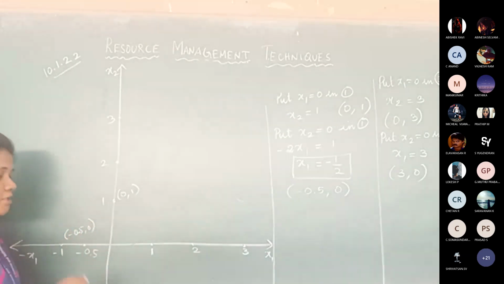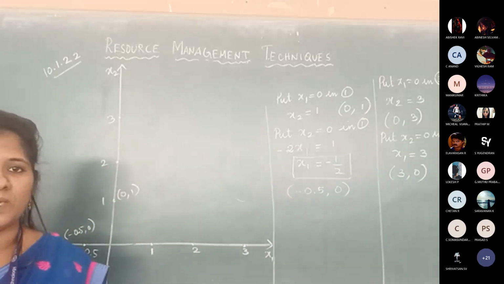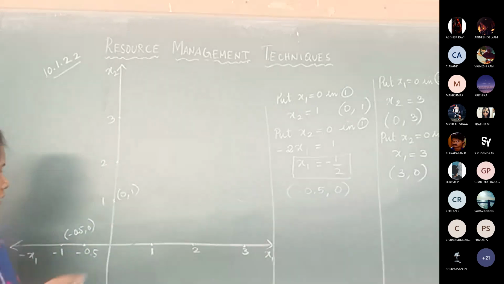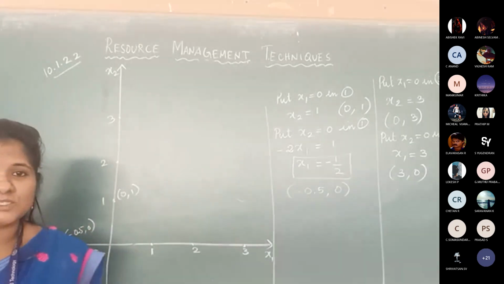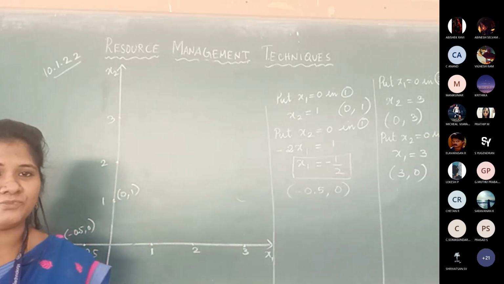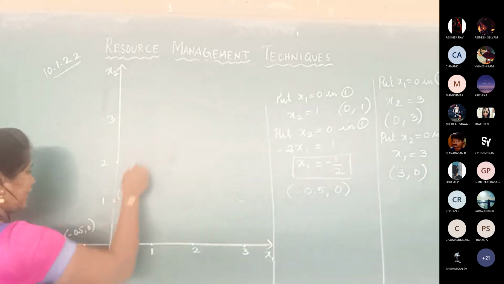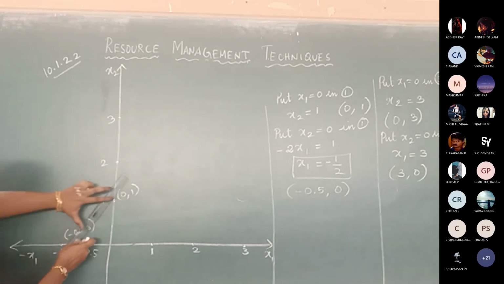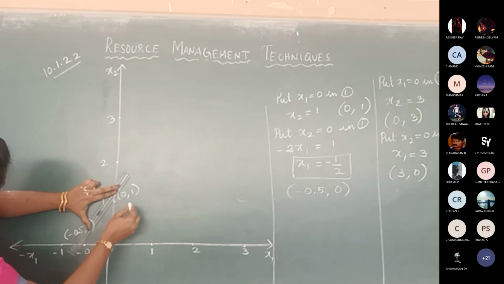With your scale and pencil, draw it so that you get an accurate value. If you've got your graph sheets, you can do it in your graph sheets itself. From your next class, try to do it in your graph sheets also. I brought a scale so that you can draw it neatly. So with your scale, you have to join the